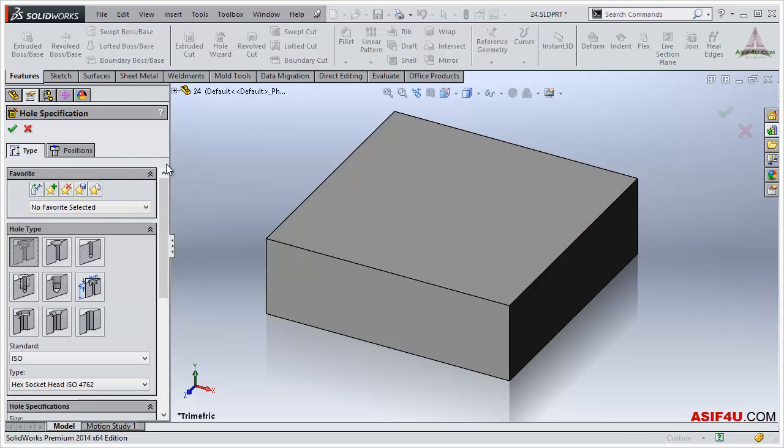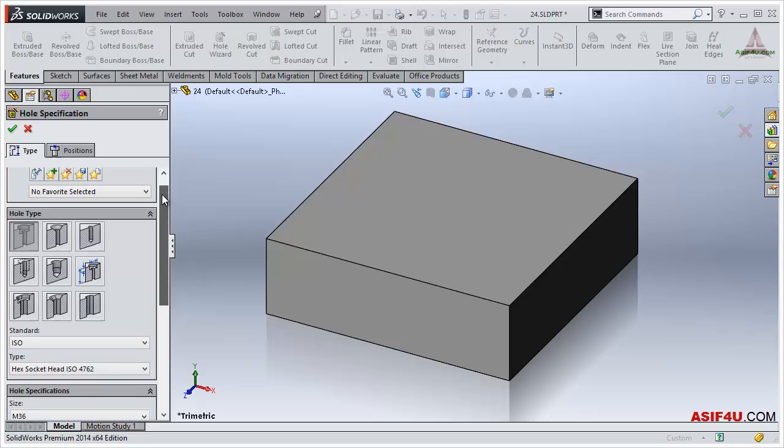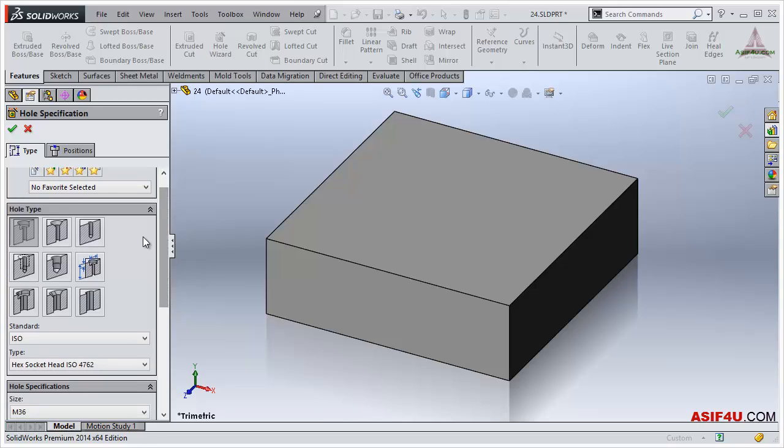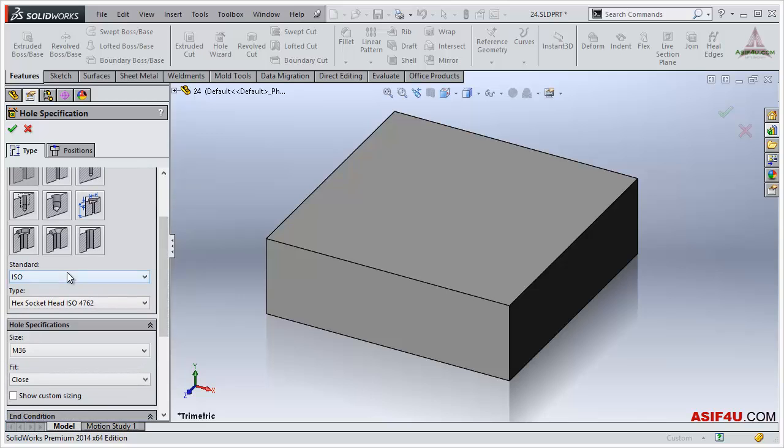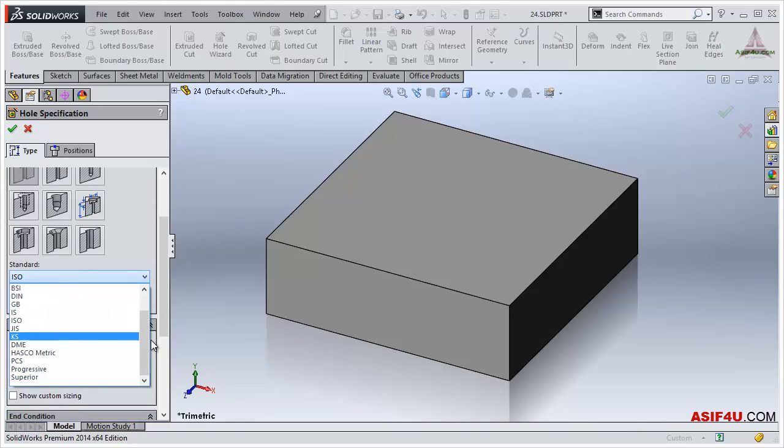So if I go to the type, first I have to mention the hole type. What type of hole do I need? Do I need a counterbore or countersink, or a tapping hole, or just a simple hole or legacy hole? There are lots of types of holes here. If I go with counterbore, there are different types of standards: ISO, NC inch, NC metric, GB. If I go to NC metric,